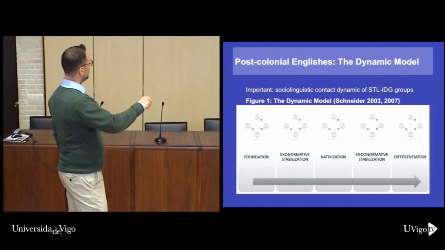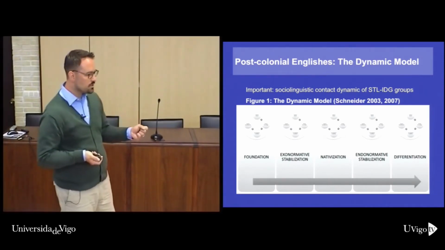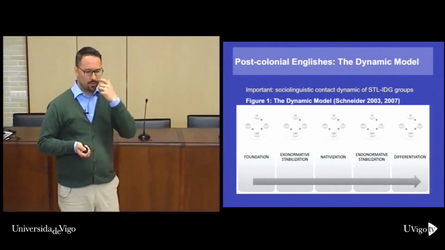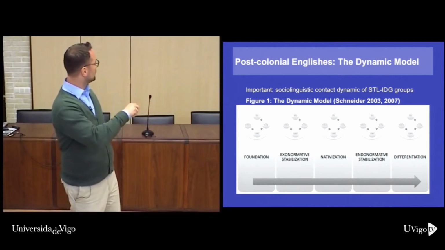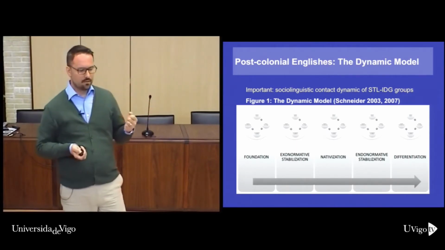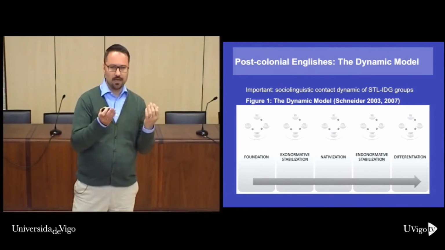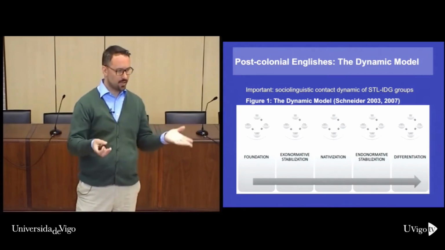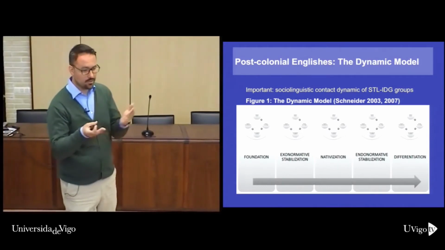Okay. Then in this fourth stage, endonormative stabilization, what you usually get is the crystallization. If they stay together for a longer period of time, there is more contact, and New Zealand English for a long time was seen as a situation there. So that people sort of move towards a new variety of English, which is fairly homogeneous. Okay? Because after this event X, you've got to get along, you interact more, and there seems to emerge a common type of